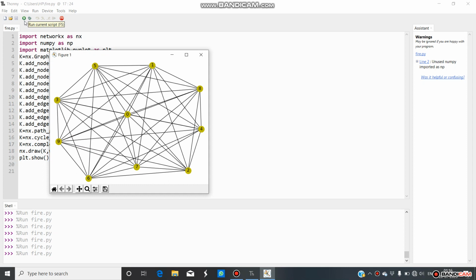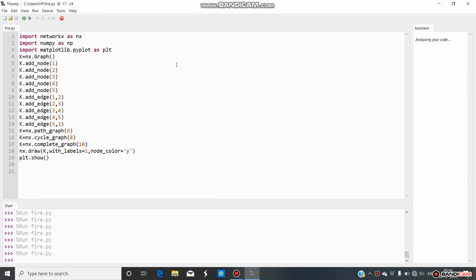So here it is a complete graph, a dense graph. Friend, this was the video in which we learned to make a graph, change the color of nodes, add edges, label the nodes, create a path, create a cyclic graph, and create a complete graph.